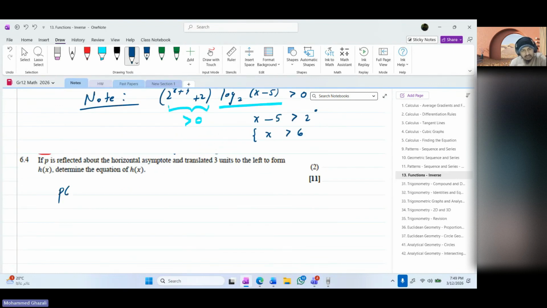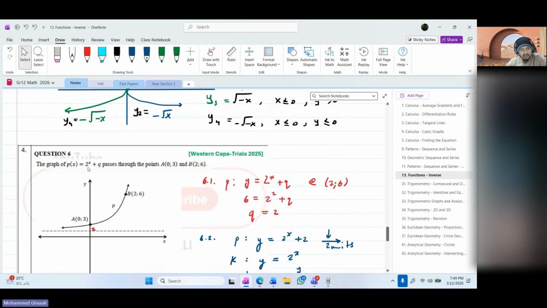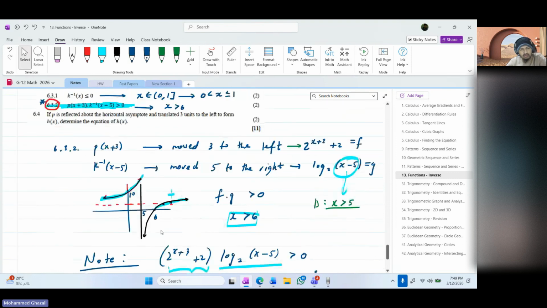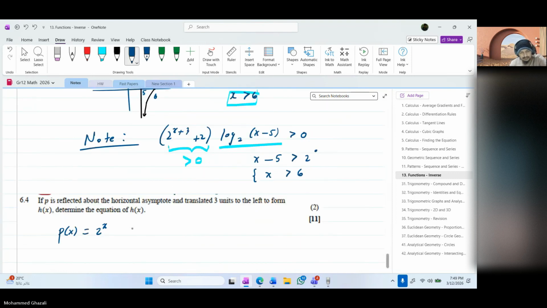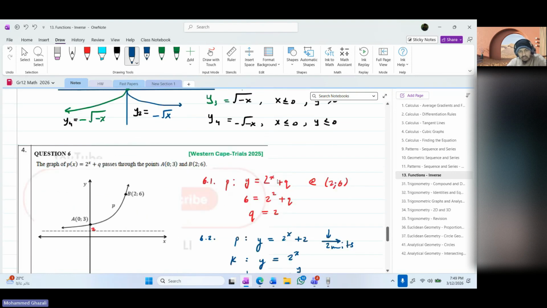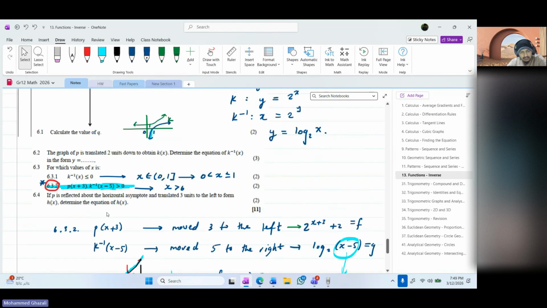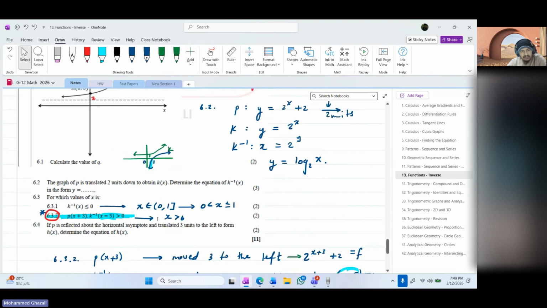Function P was 2 to the power x. Function P is 2 to the power x plus 2. Remember the value of q was 2. So that's the function. Let me take this graph here now